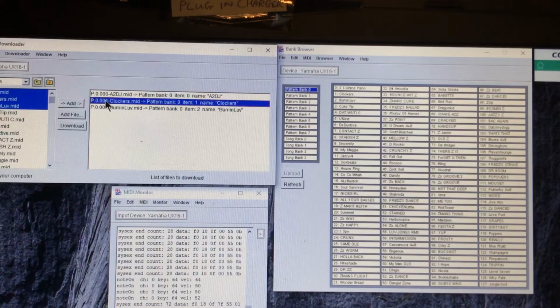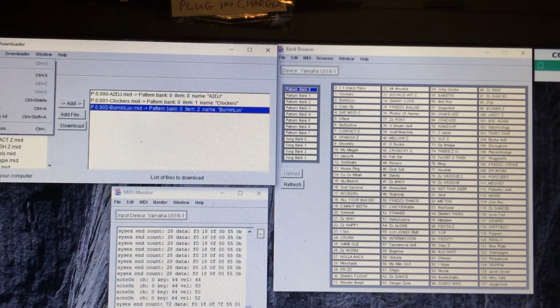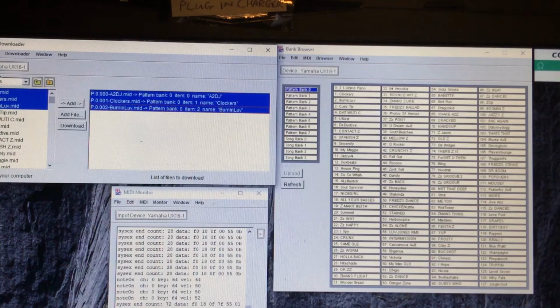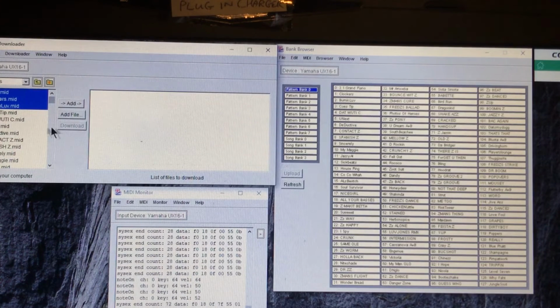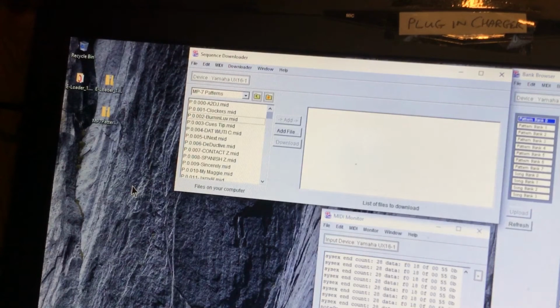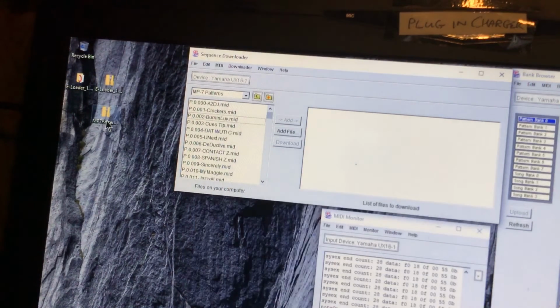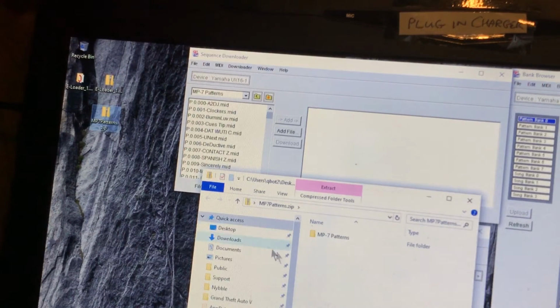The reason being, I wonder if I can rename these. So if I select all those, Edit, select all, Edit, delete. So say if I have a MIDI file I want to put in, that's what I did with the grand piano file. I'd have to go to the folder, not that folder, this folder, the MP7 folder,